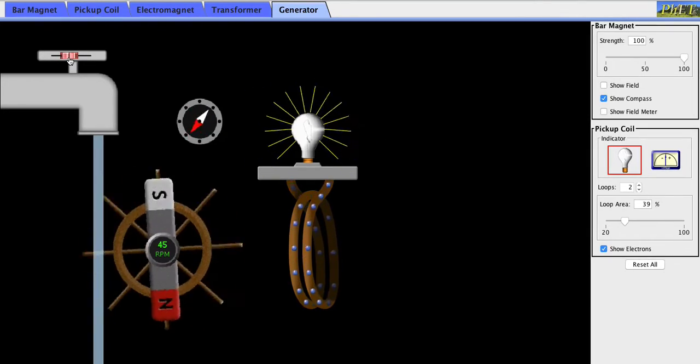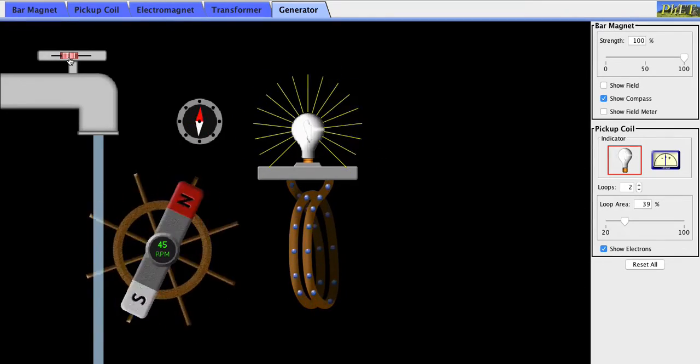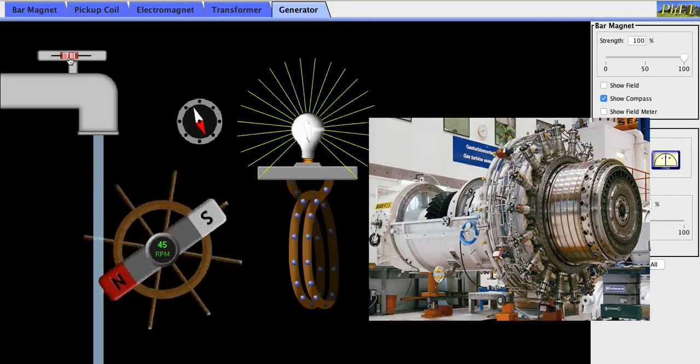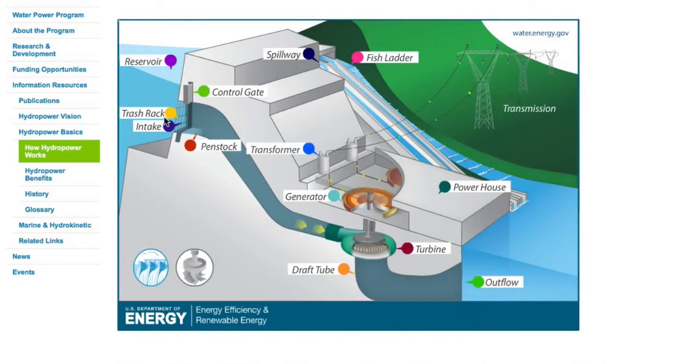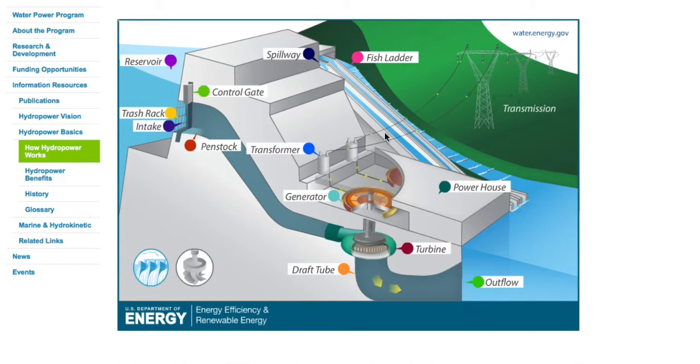which spins the wheel, or our turbine, and basically all our power plants are built off of this principle thanks to Tesla, where you have a massive turbine that's being spun by running water. So here you have a little image of a hydroelectric plant. You have the intake here where the water flows. It spins the turbine where the coil is being spun, and the electricity is being generated and pumped into a transformer, to a step-up transformer, into our transmission power lines